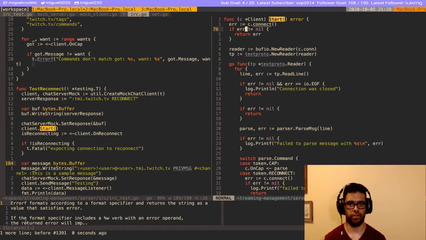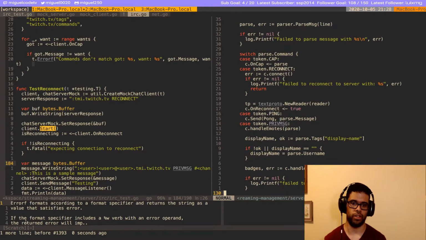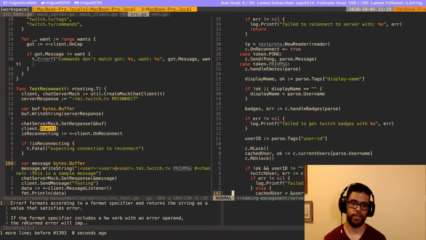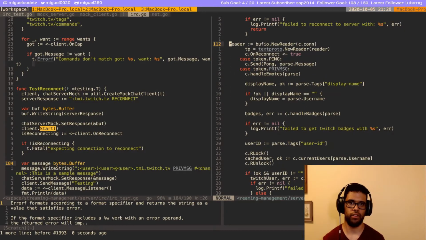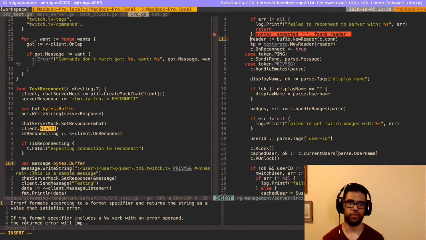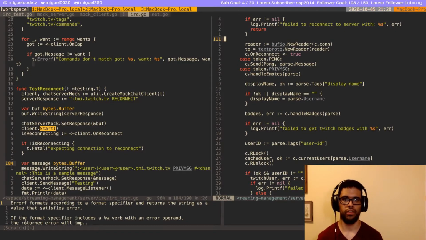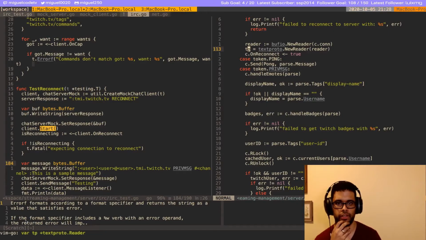Now the question for myself is, do I want to store the reader? I think I do want to store it because I feel like I'm repeating myself here and then the line above.